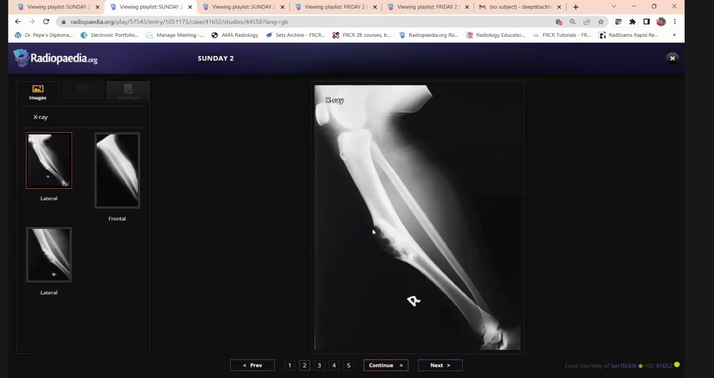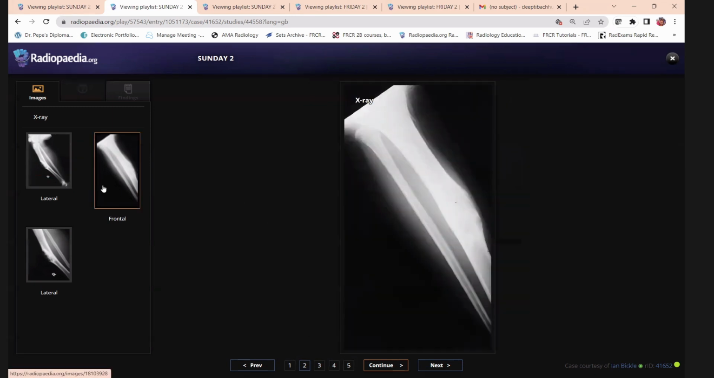There is a narrow zone of transition and no internal chondroid matrix. I am suspecting adamantinoma, which is typical to be in this location. And I'd like to see the other views and the previous images if the patient is known to have this disease. Yeah, on the frontal view, there is sclerosis and expansion at the same region, and no clear periosteal reaction or